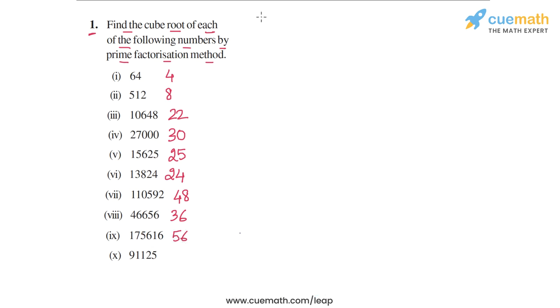Finally, we come to part 10. The number in part 10 is 91,125. So once again, we will prime factorize this number and then find its cube root. So this number is not even, but if you add the digits of this number, you will get 18. So this number is a multiple of 3. So we take out a 3, and that will give us